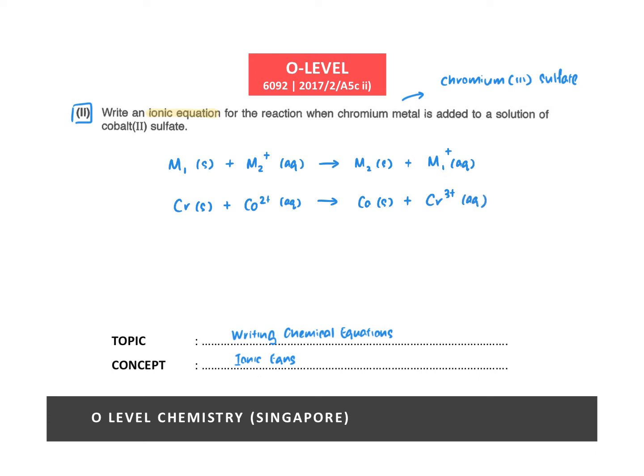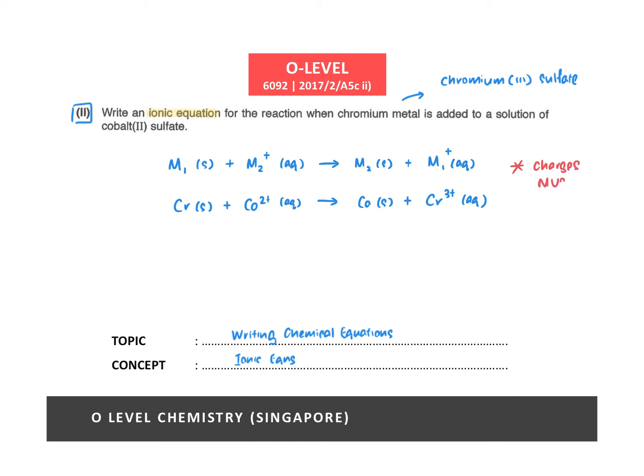So once again, when you're writing ionic equations for metal displacement reactions, there's no need for you to go through the very tedious process. Just remember that there's a shortcut. The metal of the more reactive metal plus the ion of the less reactive metal gives you the metal of the less reactive metal plus the ion of the more reactive metal. Now the answer doesn't stop there, because there's a very important thing that you need to remember when you are writing ionic equations, which is this, that the charges